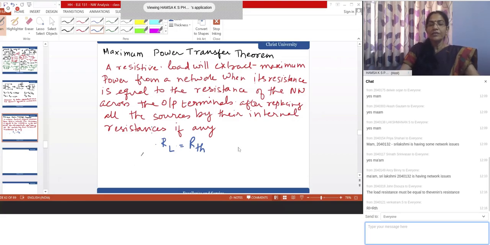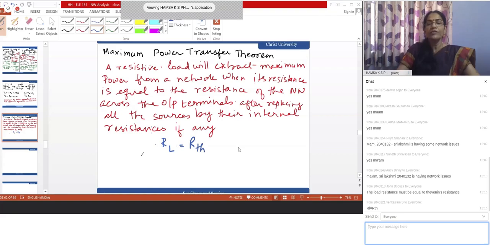Usually we reduce the circuit in terms of voltages only. Right, so Thevenin is very commonly used. Only if we require a current source in the circuit, then we will be using Norton's theorem. Otherwise, when we are reducing a complex network, it will always be Thevenin's theorem. Because there we are having the load resistance in series with the source, and the calculation of load current becomes easier. In Norton's theorem, the current division happens, and it takes a little more time in order to calculate the load current. Here it is a series circuit, so calculation becomes much easier.